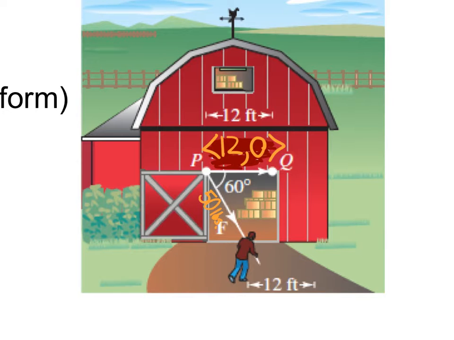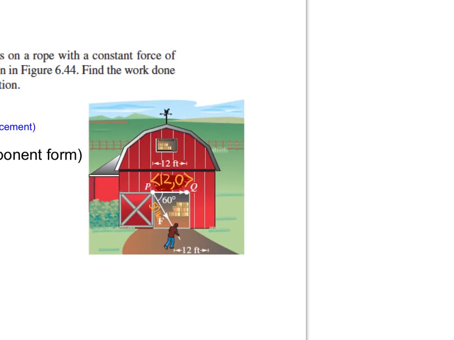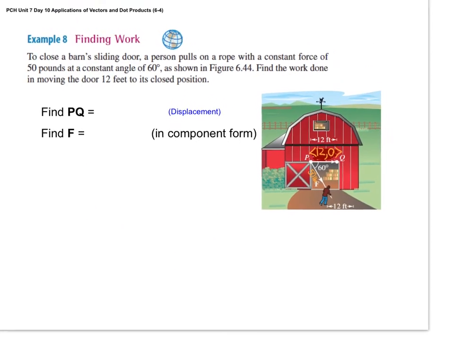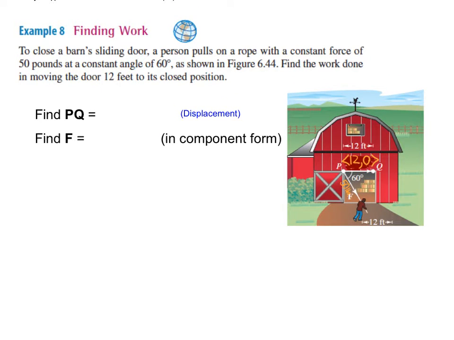In order to do a dot product, our vectors have to be in component form. You can't do a dot product when you have a magnitude and direction. So we first need to write the vector that we're pulling the rope with in component form. PQ, we already said, is the vector 12, 0, because it's simply moving to the right 12 feet. And vector F,